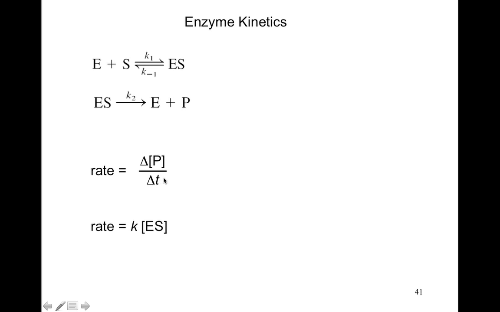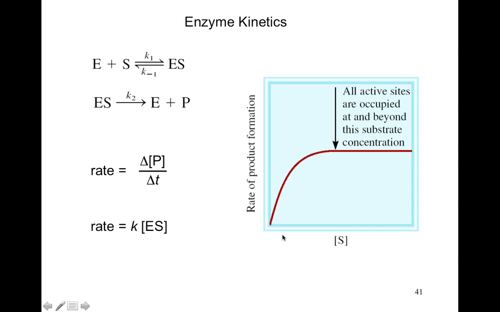So our rate's dependent on our products divided by time, and the rate is equal to the constant multiplied by the enzyme substrate combination. And so the rate does kind of have a maximum. You see that as we add more substrate, our rate increases quite a bit, and then it kind of levels off. We get to a point where all of our enzyme sites are full. And when they're all full, it doesn't matter how much substrate you add, there's no more enzymes to work. So they can only work at a particular rate. If you change things, temperature, pH, you can affect that for better or for worse. But at your normal body conditions, there's a maximum output. So no matter how much substrate you pour in,